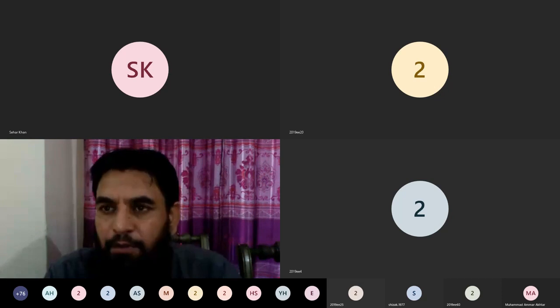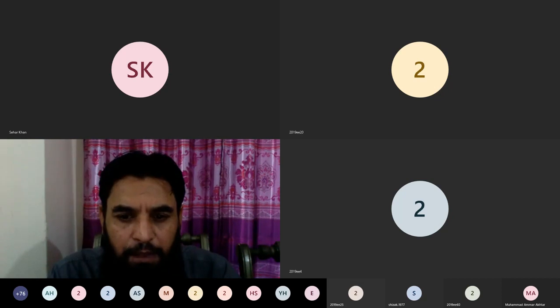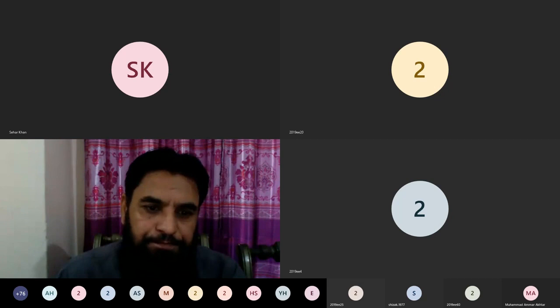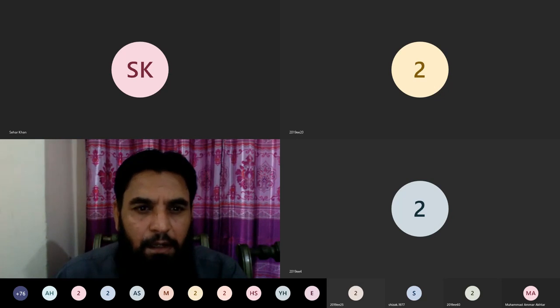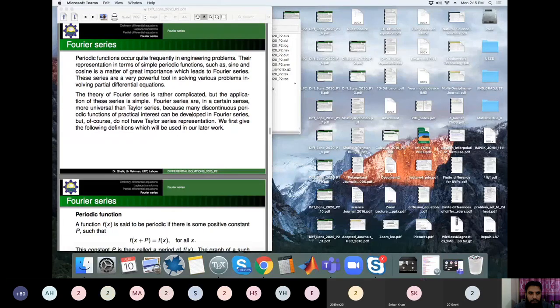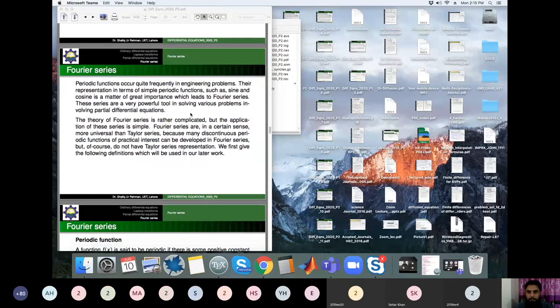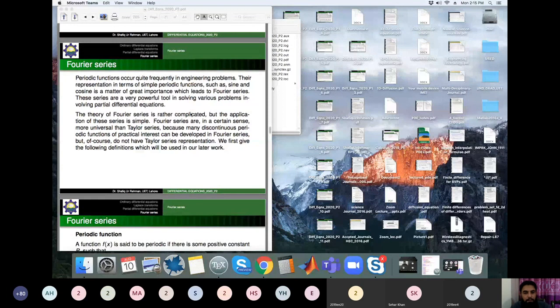Today is 10th of August 2020, so still we are talking about Fourier series. In the last lecture, we discussed some basic elements, definition of Fourier series, and different types of the intervals to be considered other than the standard 2π interval for a function to be discussed in the form of infinite geometric series. So we say that about the Fourier series, if you look into the